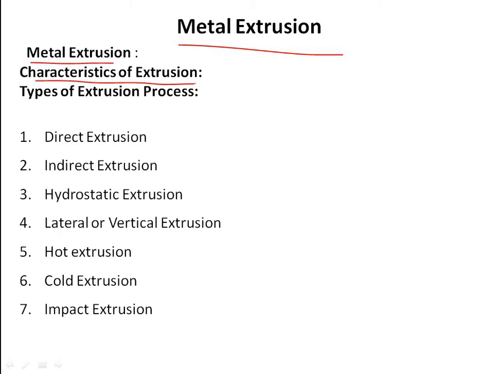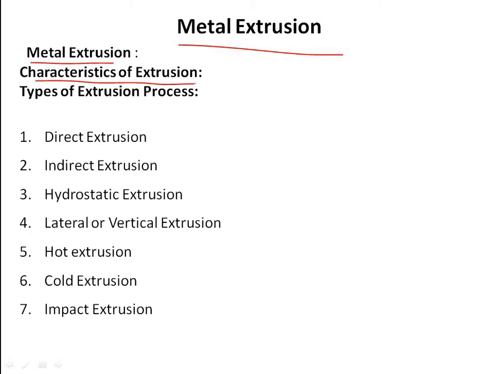And third one, similar to any other metal forming process, it can be performed either hot or cold, although the process generally is carried out at an elevated temperature in order to reduce the extrusion force and improve the ductility of the material. And next one will be low cost due to reduced raw material wastage and high production rate. And next one, brittle material can be deformed without a tear as it only exerts compressive and shear forces in the stock part.